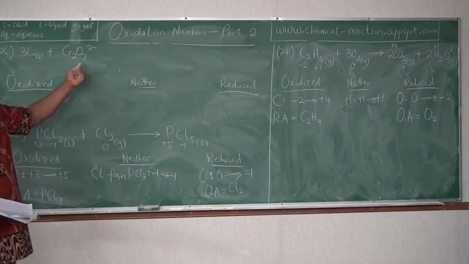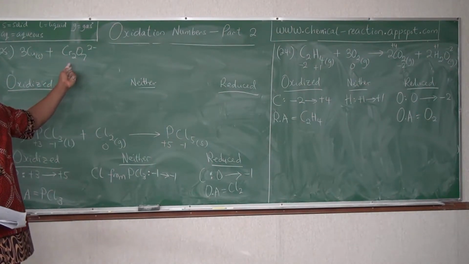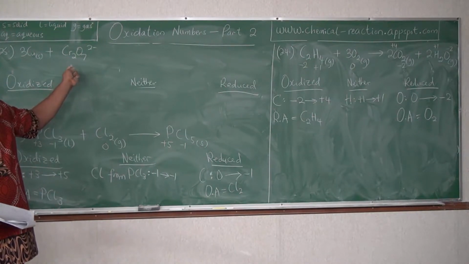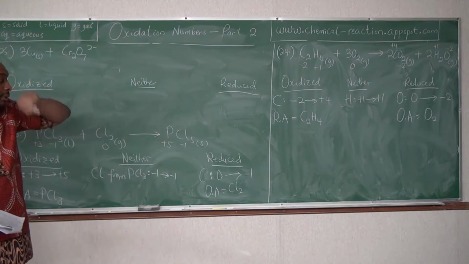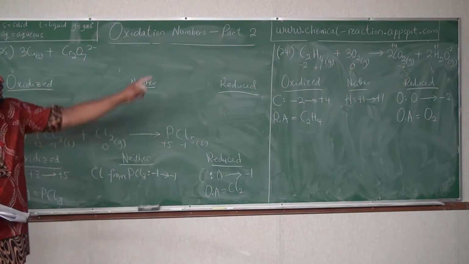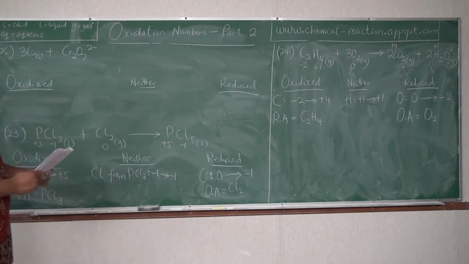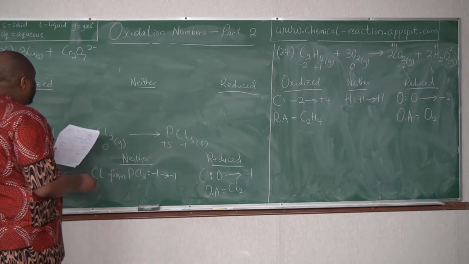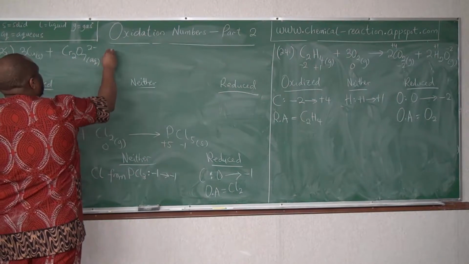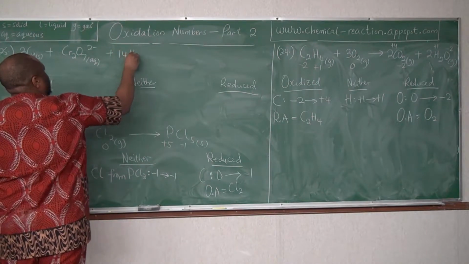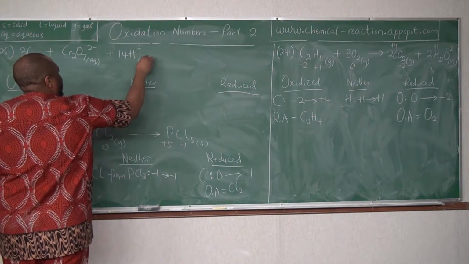I think we have done this example, and it is also in my notes there. Aqueous, of course, is ionic. Then plus 14 moles of aqueous hydrogen ion to give you